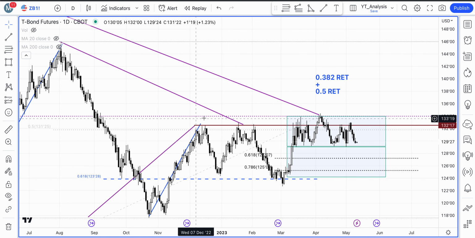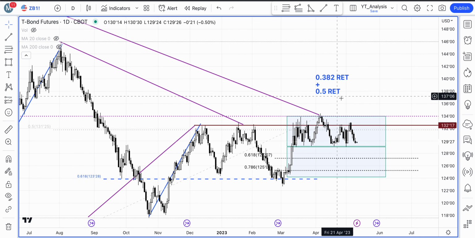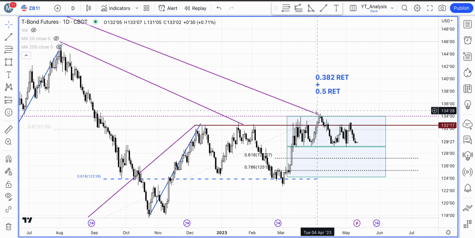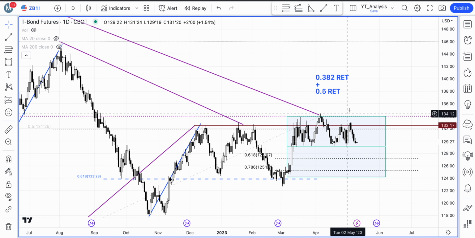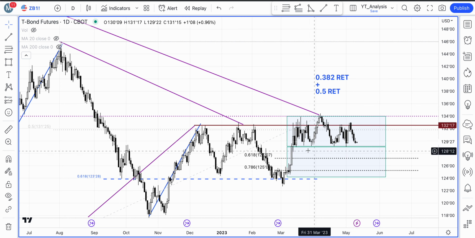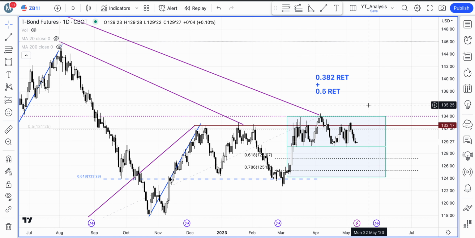But from a technical perspective, this is what we are looking at. This 38.2% Fibonacci retracement seems to have been a pretty strong one, because look, from the 6th of April, over a 1 month period in terms of calendar days, the market has just gone nowhere. It's just been in a strong trading range, and now it's right banging on the lower end of this range again, and we have had one, two, three attempts, and the fourth time perhaps it could break to the